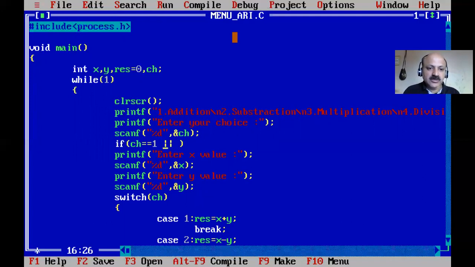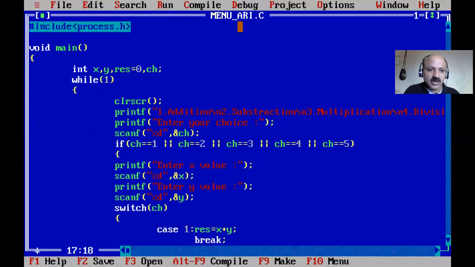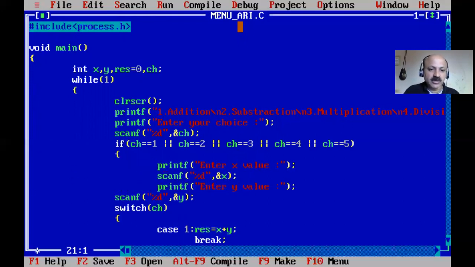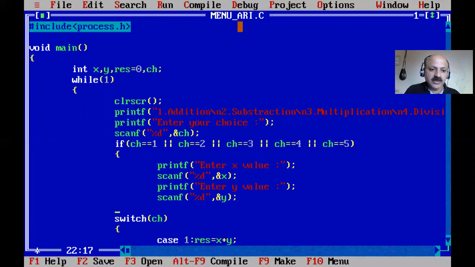So that is logical OR, then ch equal to 2, logical OR ch equal to 3, logical OR ch equal to 4, and logical OR ch equal to 5. So only for these 4 or 5 choices it asks for the X and Y value, otherwise it is not required. So we provide the if condition.